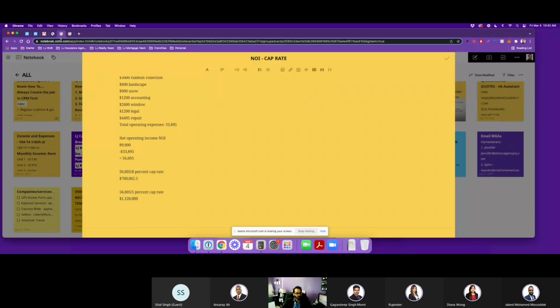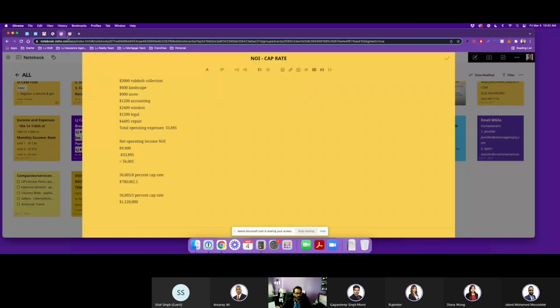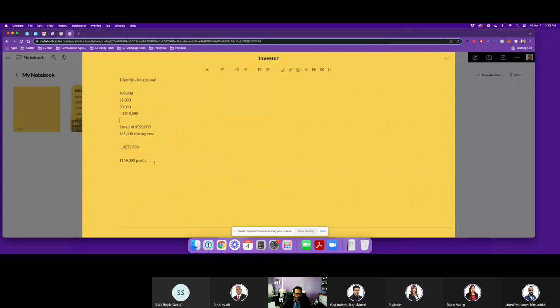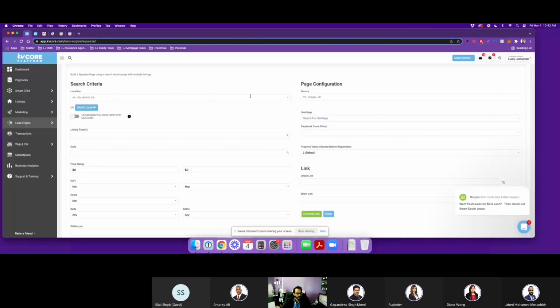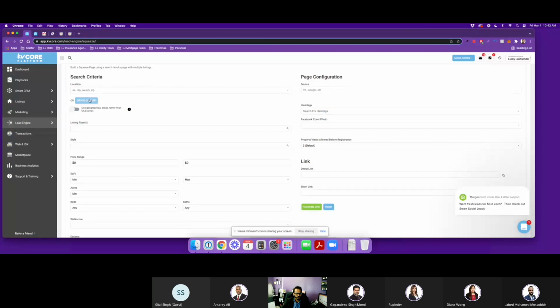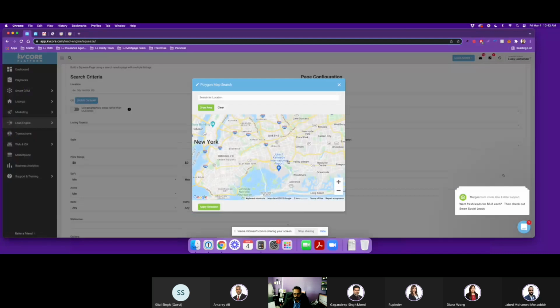All right. So we have our cap rate here. We have our investors breakdown here. Now let's talk about how we actually find listings, right? A couple of different ways. One, you can be in KVCore, which is a lead engine, right? And you can create a squeeze page, build a squeeze page, right? You can choose the area,